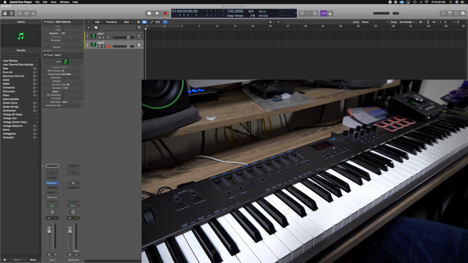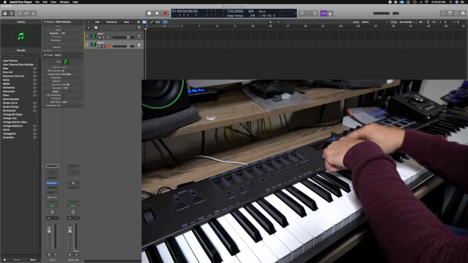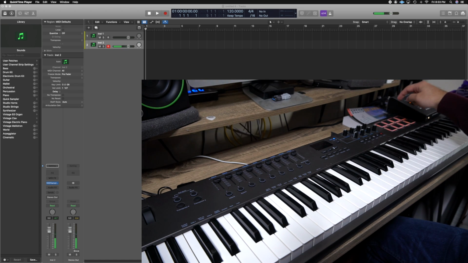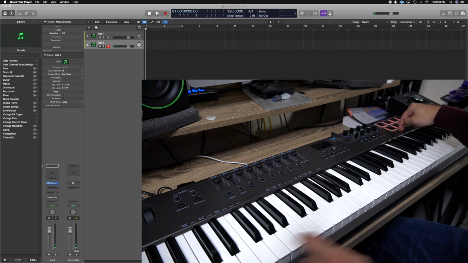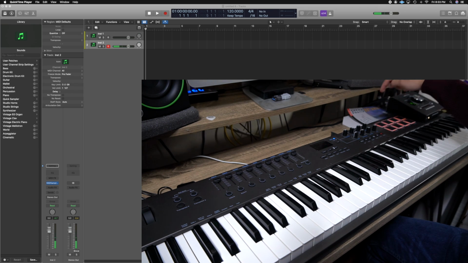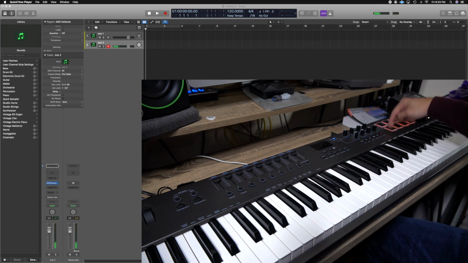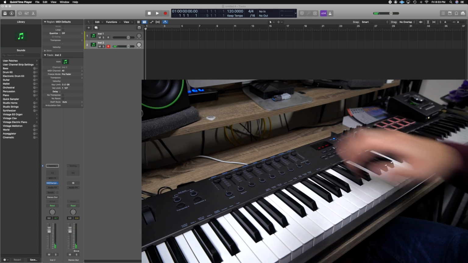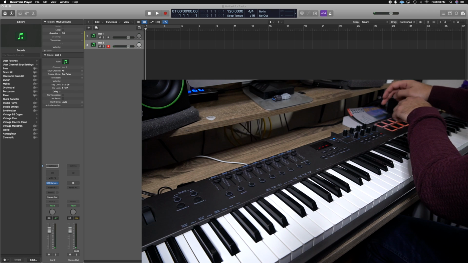So pad map number 2, the same rules apply. Shift, pad learn. I'm going to rearrange the drum set now. So pad 1's still going to be kick. Pad number 2 is going to be my snare. Pad number 5 is going to be my hi-hat, and then pad number 6 is going to be my crash. Get out of pad learn, and now we have